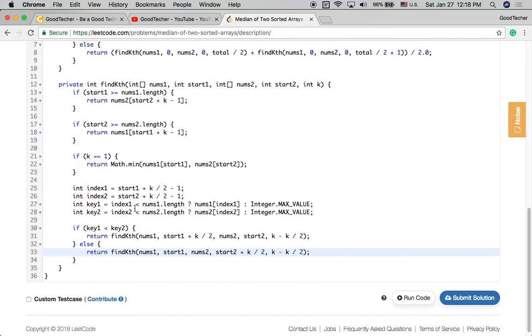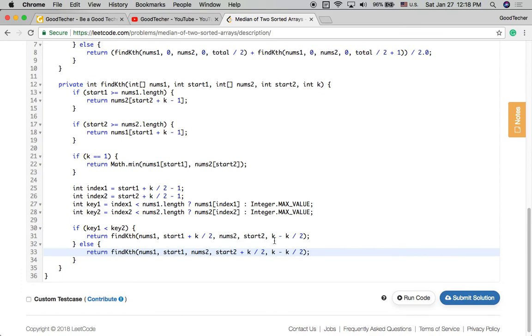And then we compare the first k divided by 2 numbers in the first array and the second array, so that if the first k divided by 2 numbers in the first array is smaller than in the second array, we can get rid of the first k divided by 2 numbers in the first array,